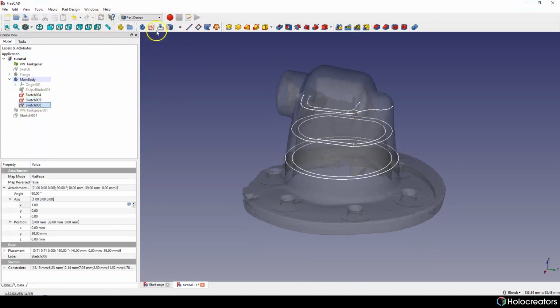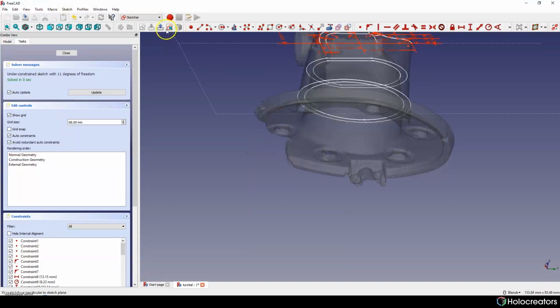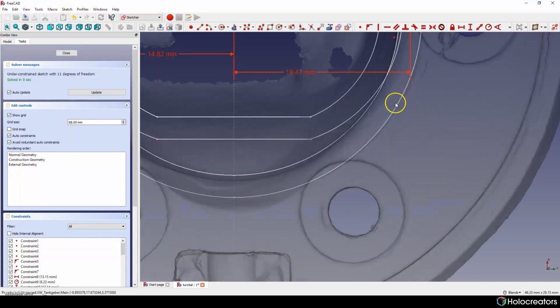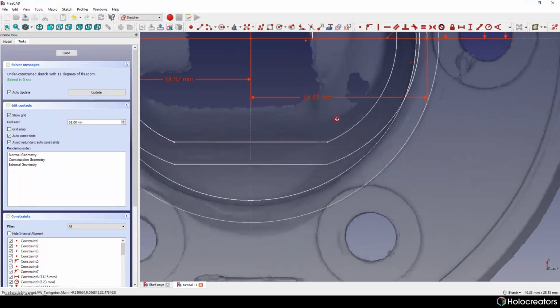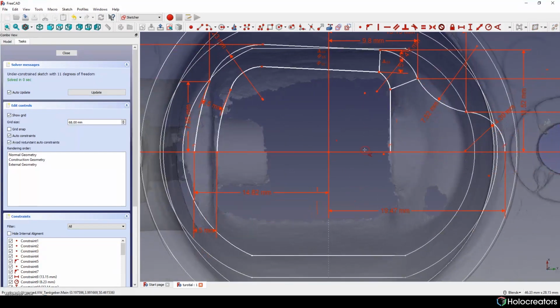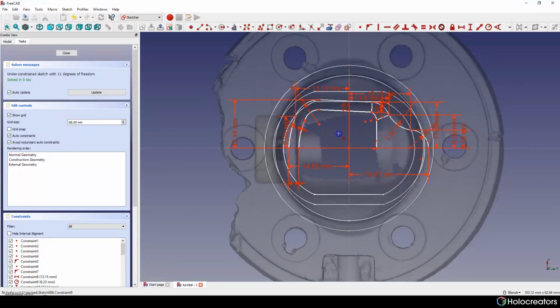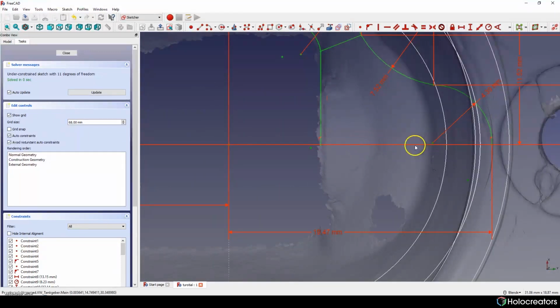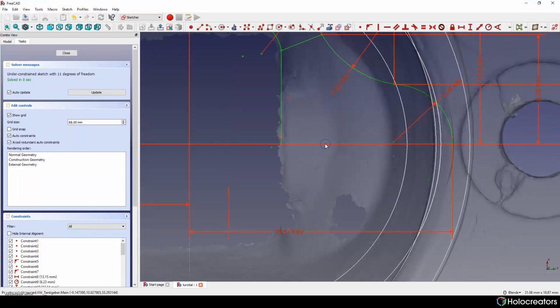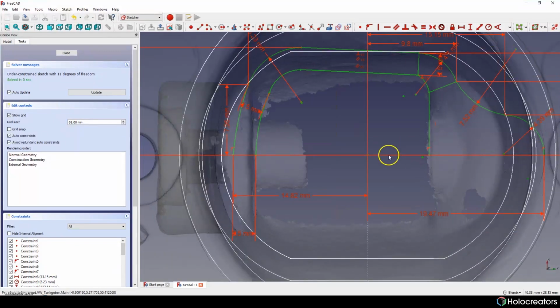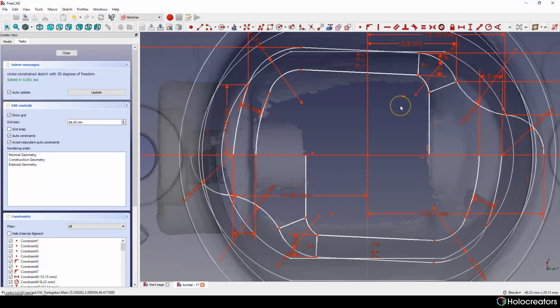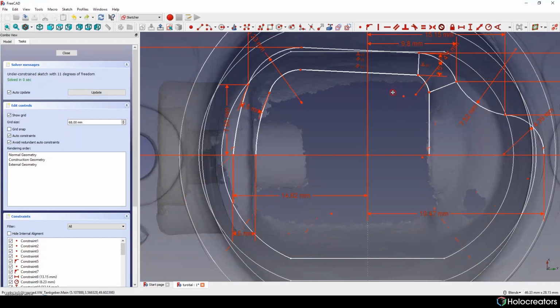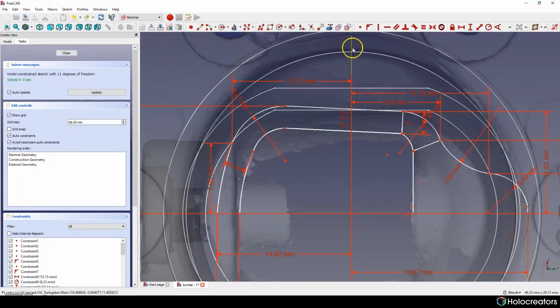So we're going back to our sketch, and we will do a simple thing, just select all, choose, we have to choose our axis, and we can simply mirror it, but it works wrong because we chose this, and we don't need this.